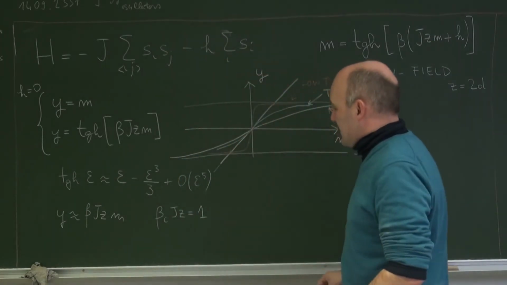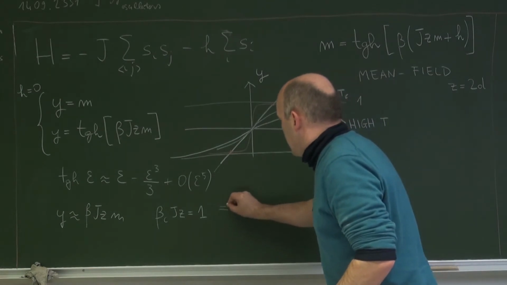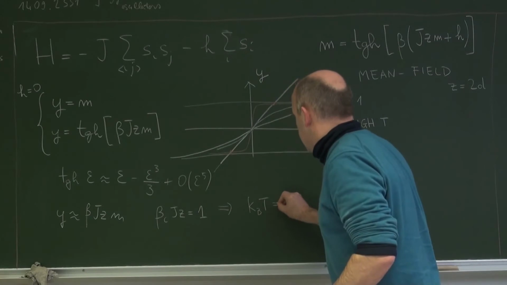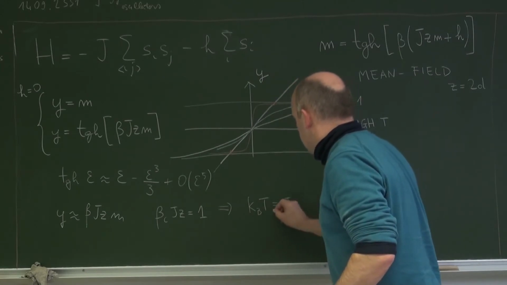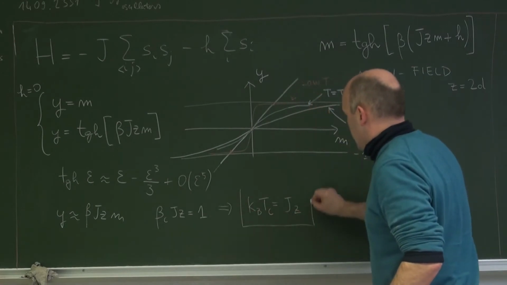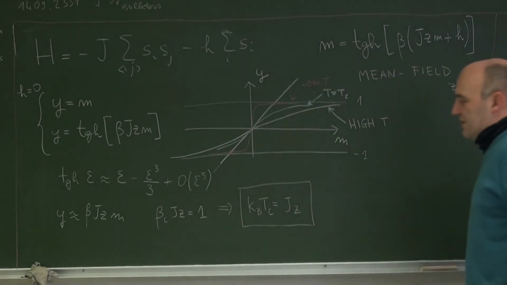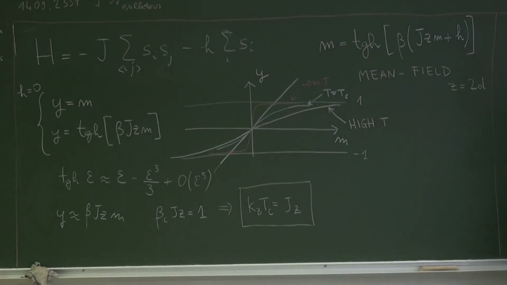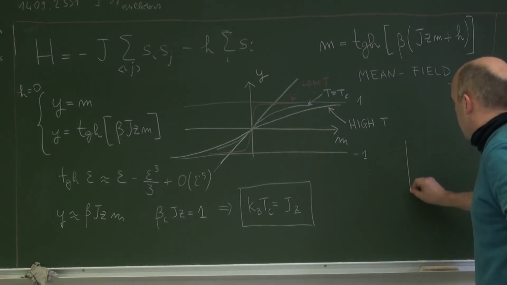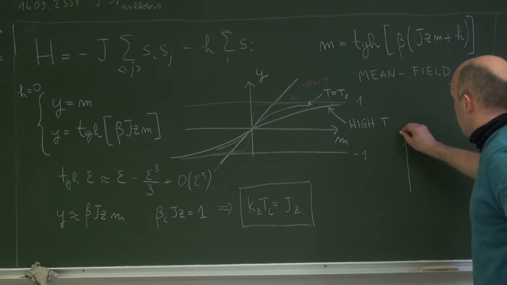Or, if you remember, beta is 1 over kBT, so kBTc is equal to Jz. This is the relation between the critical temperature and the parameters of our system. In other words, in the phase diagram of the Ising model, if I put here magnetic field and temperature,